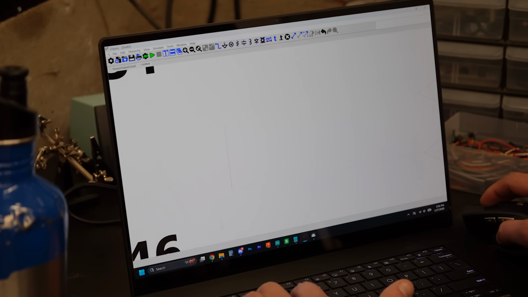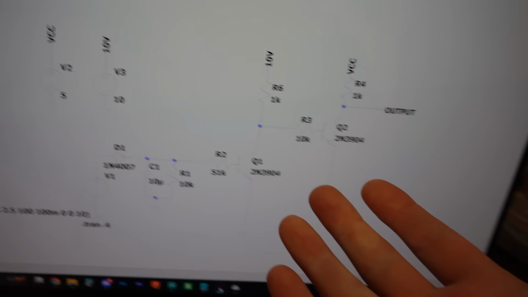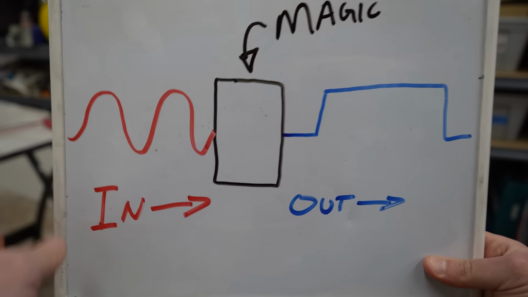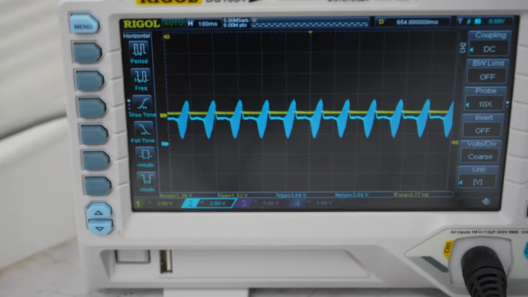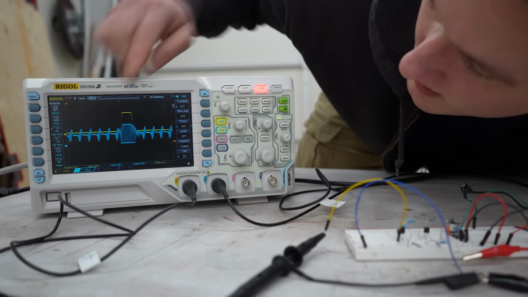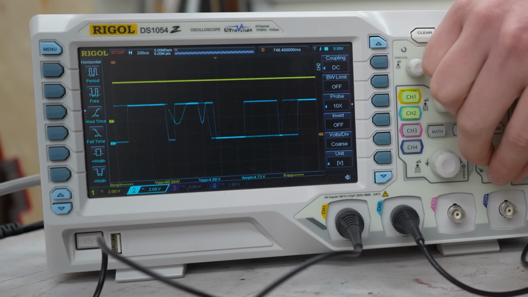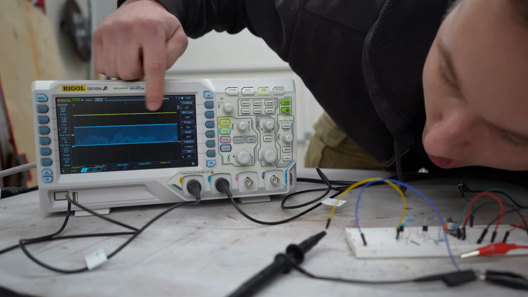So to fix this issue, I drew some straight lines and then some squiggly lines to make this circuit. And I have no clue how it works, but it should take my squiggly lines and make them into straight lines. And even though the real circuit was afflicted with whatever this virus is, to my surprise, it actually worked. Boom. The blue is my wavy voice, and the yellow is the straight line, which is exactly what I wanted to see.